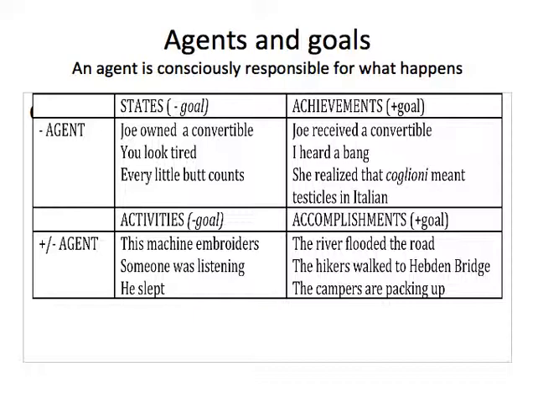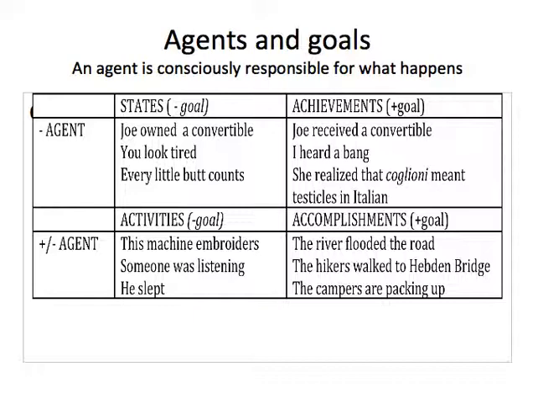Another way of looking at these verbs is their interaction with agents and goals. Okay, so remember, an agent is a consciously responsible entity, responsible for what happens. So if we look at states, we don't talk about agents, right? And where there's no goal orientation involved,